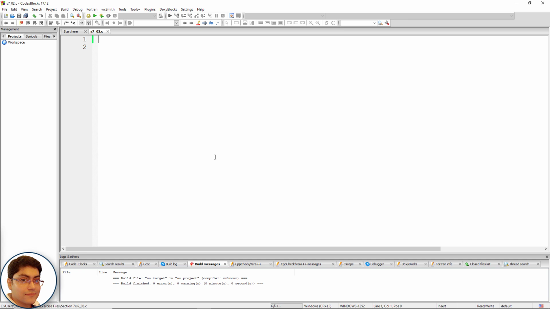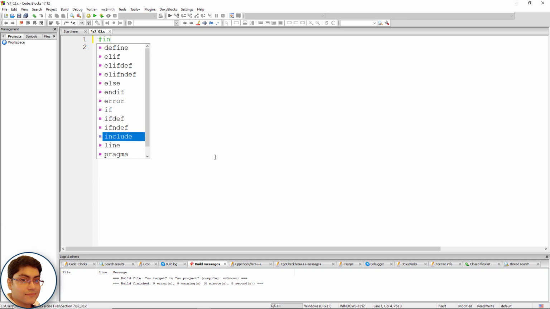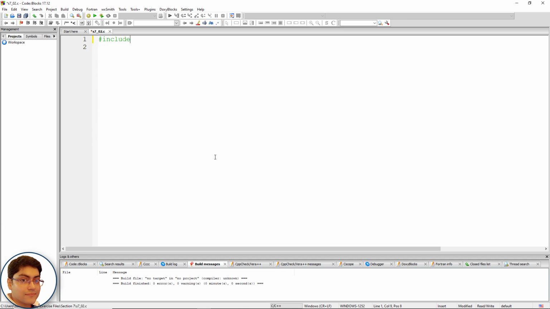Click save. Quickly include the header file stdio.h. Write the main function: int main(void) { return 0; }